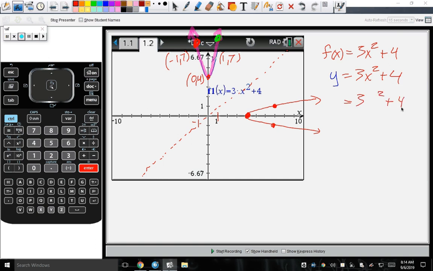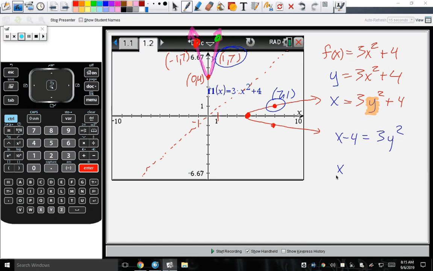So where the x and where the y are, they're going to flip, just like we flipped with inverses as far as 1, 7 went to 7, 1. And then last but not least, we're going to try to solve for y. We're going to try to get y all by itself in its new location, because that's going to be our inverse function. So subtracting 4,